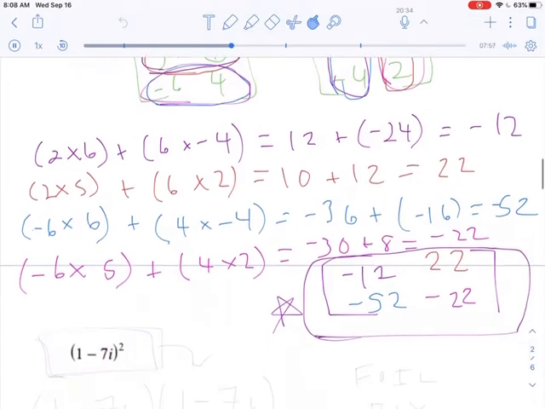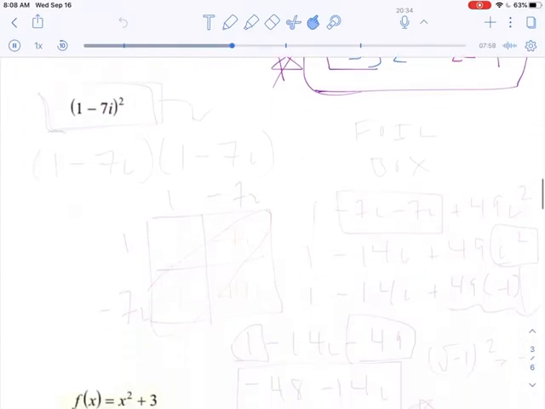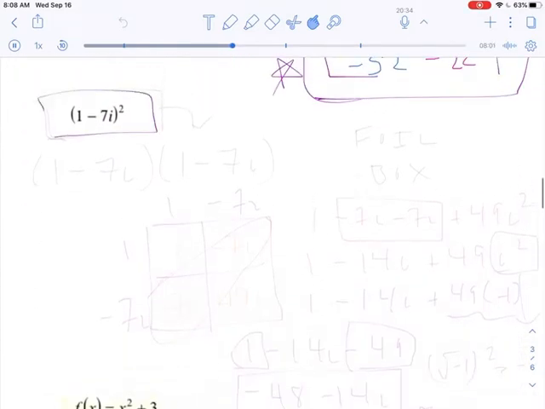Quickly moving on to some complex number stuff. We're going to be just doing the multiplication. Remember, there will be some adding and subtracting, but when we add and subtract complex numbers, we add the like terms. So we add the real terms and we add the imaginary terms together. But I want to just do some multiplication